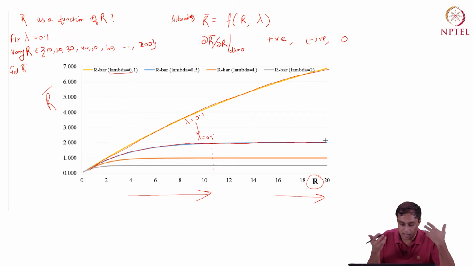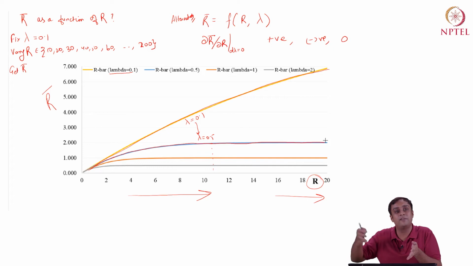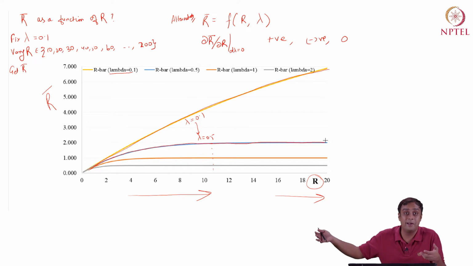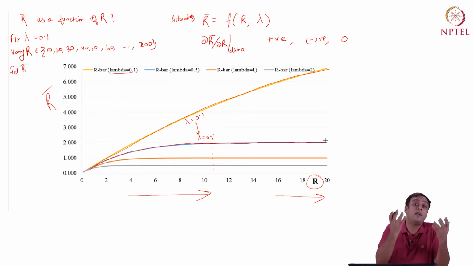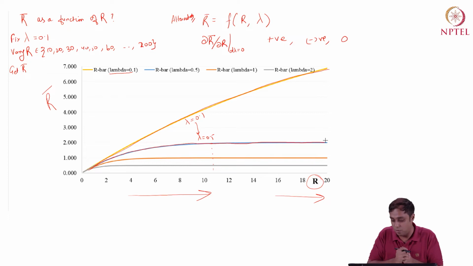So it attains a maximum value of 2, right? And then it sort of goes to 0. So it doesn't matter whether my city is 11 kilometers big, or has a radius of 20 kilometers or 200 kilometers, the average distance at which a location marker may be found, or a distance at which I will on average expect to see a location marker, will be 2 kilometers. That's the physical interpretation of this exponential distribution based relationship between R bar and R.